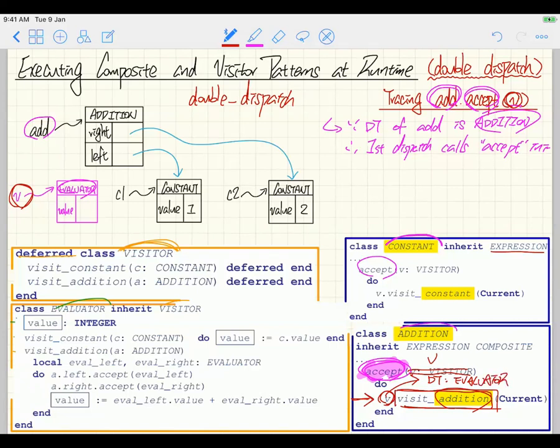So now that means we got a second dispatch. Now I'll put it in green, because the dynamic type of v is evaluator,